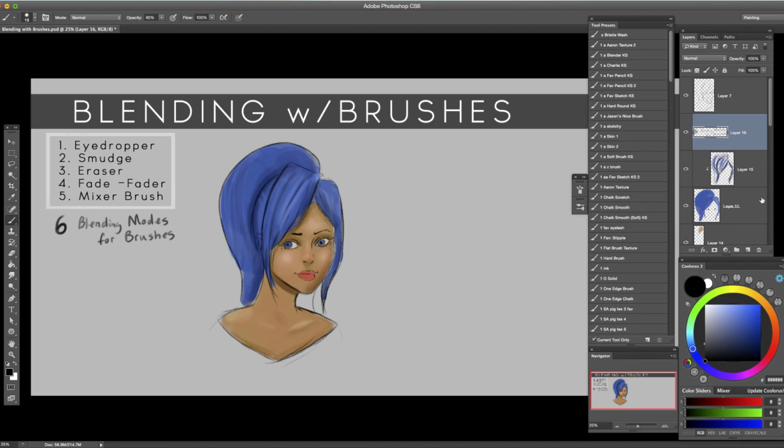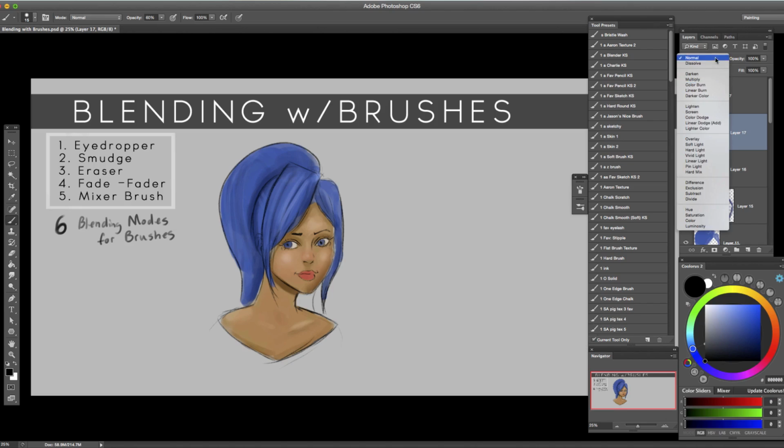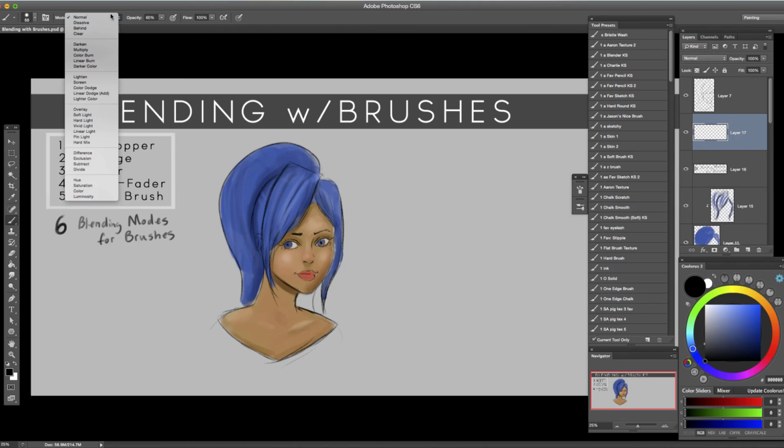So, take a look over here at your layers panel. Right here is your blending modes for your layers. All these different ones right here. Well, you can actually do the same thing for your brushes. Over here, while I'm selected on my brushes, you can change the blending modes of your brush. Now, what does that do? Okay, so